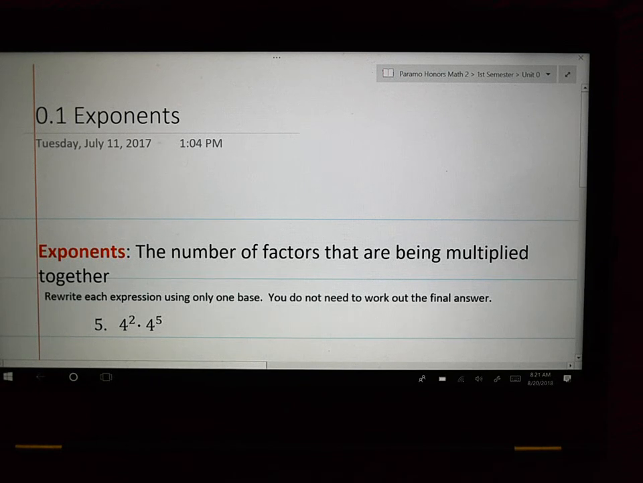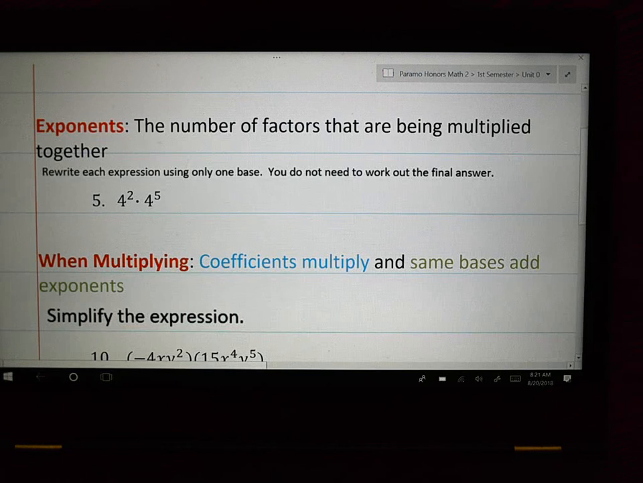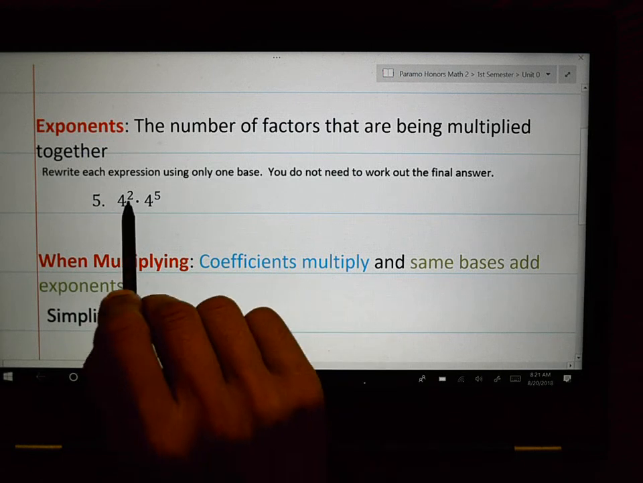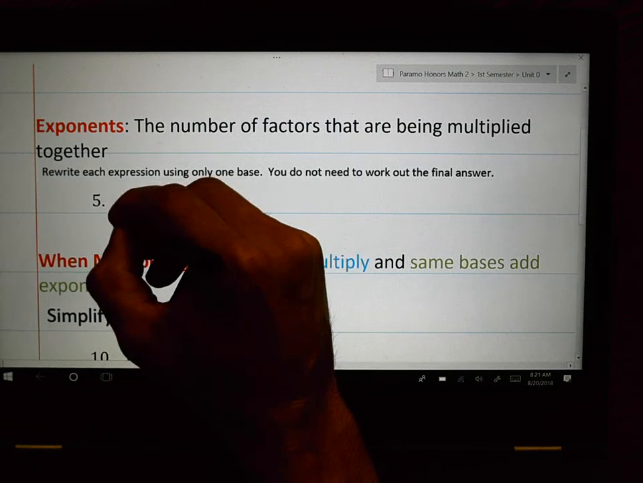Exponents are something that I believe every single one of you have learned before, probably starting in 5th grade. In 5th grade and in 6th grade, you started dealing with exponents. An exponent just represents how many factors are being multiplied together. So when you see that little 2, it means that you have 2 factors of 4 multiplying each other. It means that you have a 4